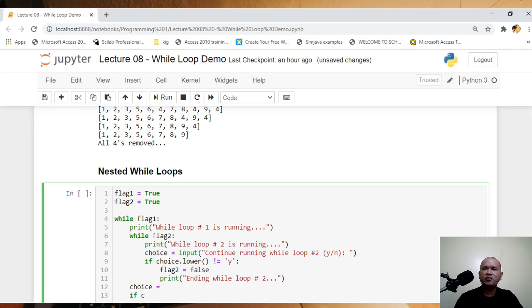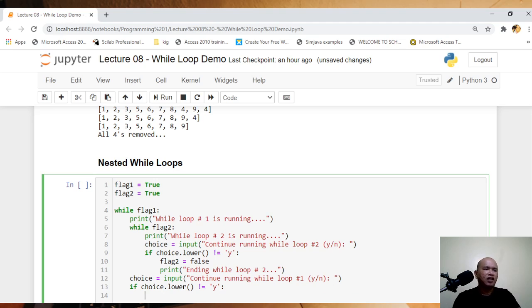So choice input, let me copy and then paste, continue running while loop number 1, yes or no. If choice.lower() again is not, I should have copied also that particular code, not equal to y colon flag 1 is equal to false,